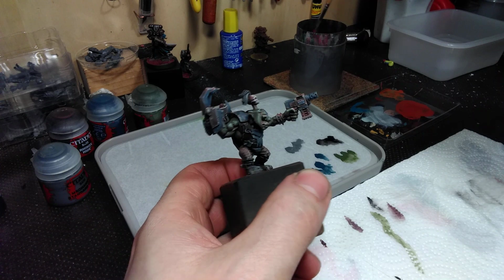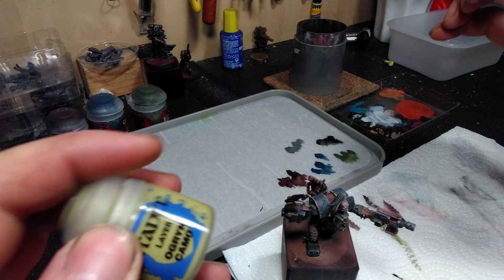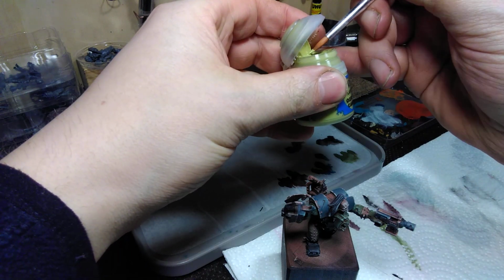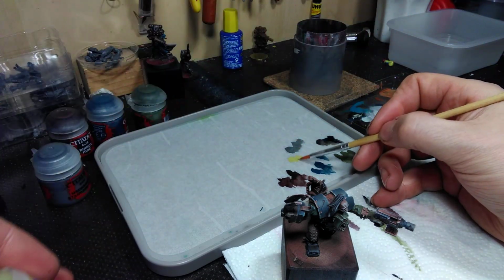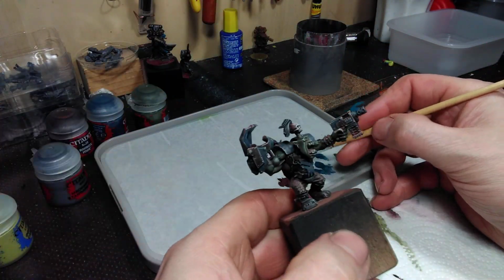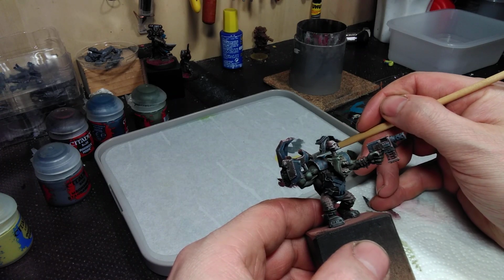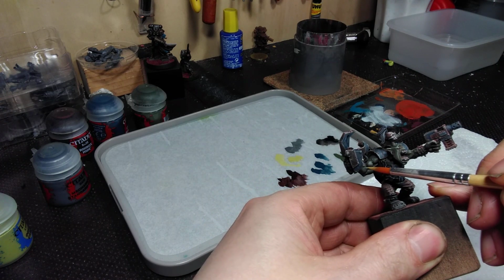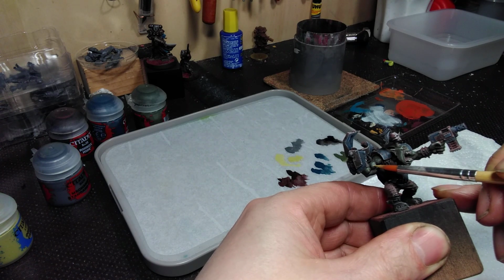That should surface with gray. Now to ochre and caramel for the skin, and I'm not sure at this point if that color is good. It might be too light. I like it because it has a yellowish tint to it, and what I want to do is just pick out a few areas